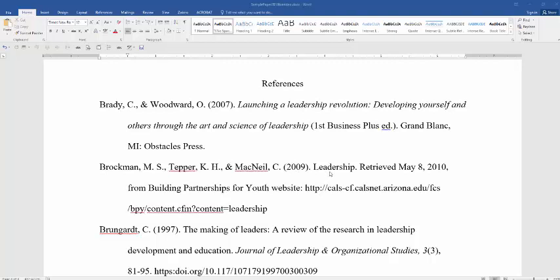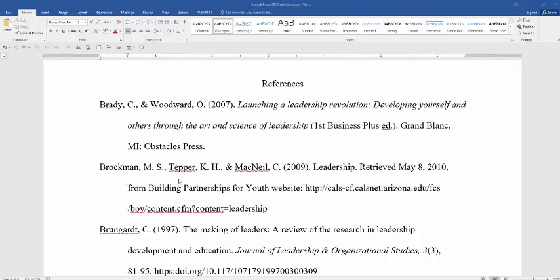The next thing is the title. In the manual, the title of a web page was italicized. This is no longer the case. APA considers web pages to be informal publications, and therefore they do not deserve to be italicized. You also indicate the date of retrieval, and in this case,